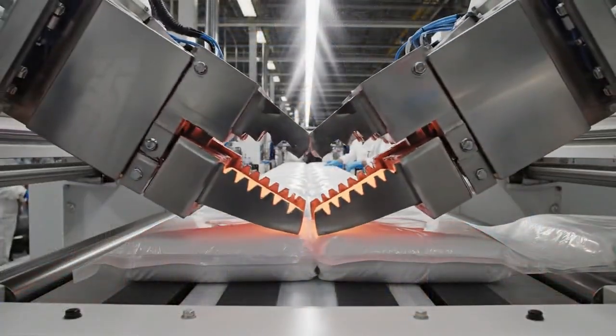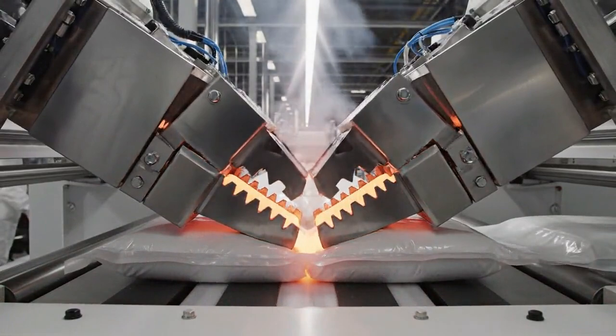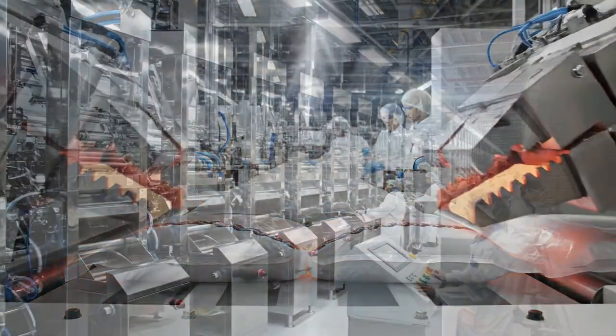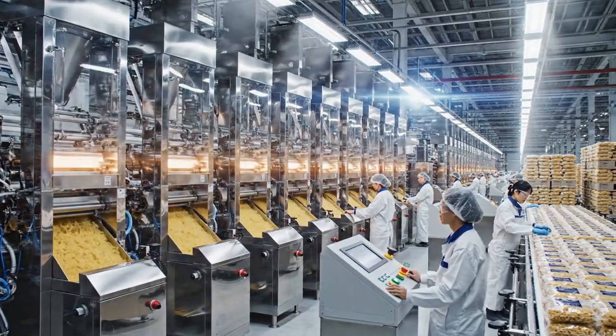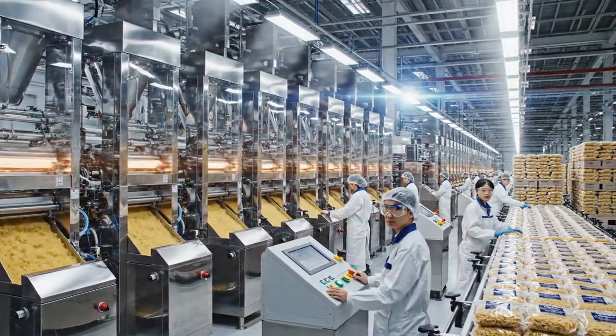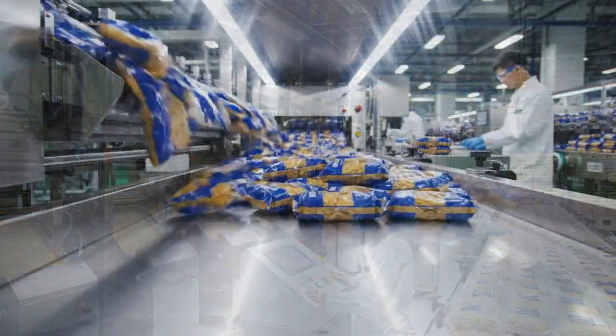The heated cross-seal jaws perform three critical functions in a single violent motion, sealing the filled bag shut, creating the... This single packaging hall operates 12 parallel high-speed lines simultaneously, collectively producing...